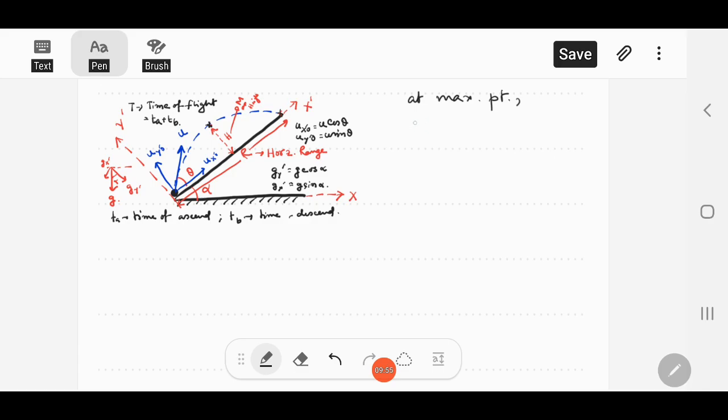Here v means final velocity, which will be 0 at the maximum point. So it will be equal to the initial component, u y dashed 0, which is u sin theta